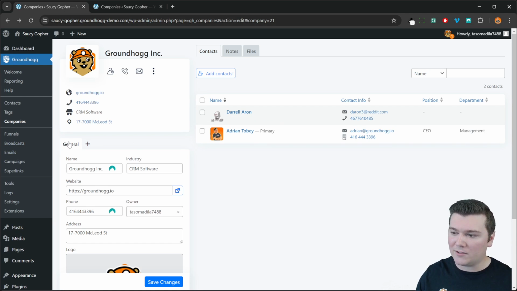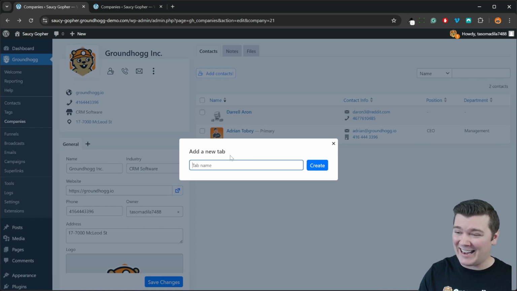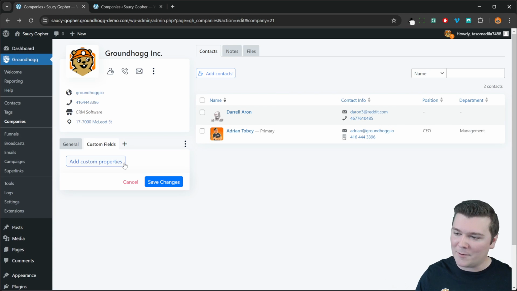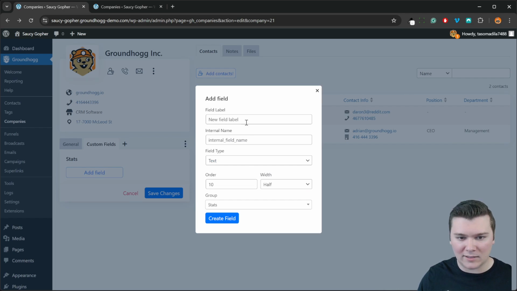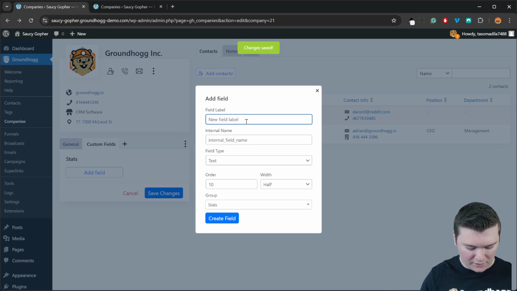So over here on the left, after the general tab, you'll see a little add tab button. You can go ahead and add a custom tab, and I'm just going to call it custom fields because I'm not feeling particularly inspired. And then we can go ahead and add our custom property groups, and then add our custom properties. So I can add a custom property group, for example, I'll just call it stats,